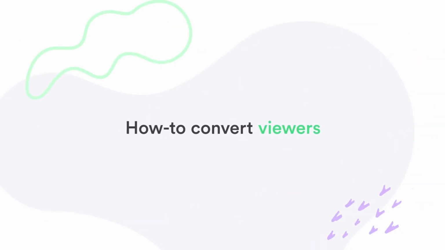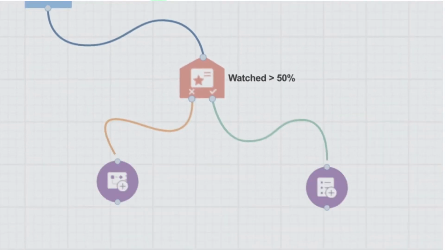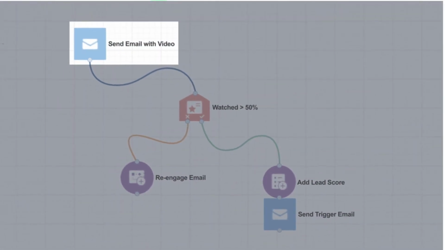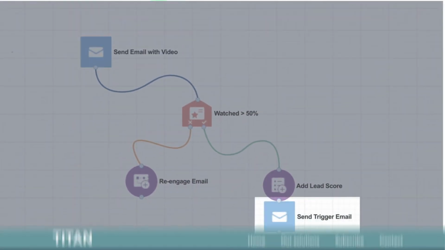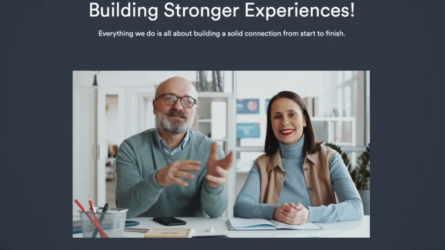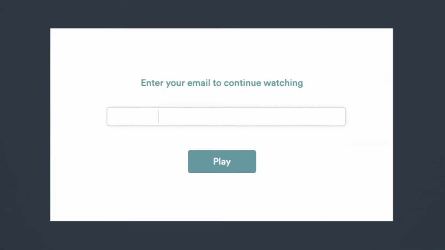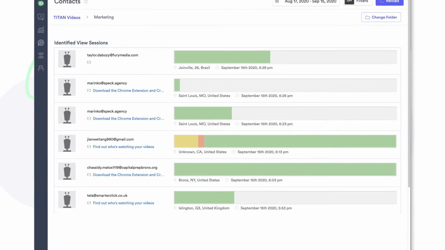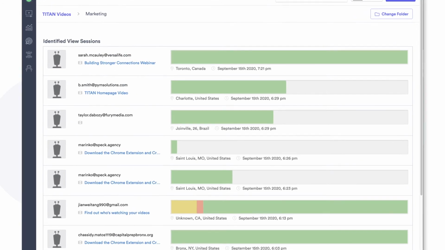Knowing who your viewers are is a critical part of any video strategy. By combining the power of your marketing automation platform with the insights of video analytics, you can start turning video viewers into qualified leads. When a prospective customer registers for a webinar, clicks through from an email campaign, or even fills out an in-video form, Vidyard can then start to tell you which videos they've watched so you can understand which topics they're most interested in.